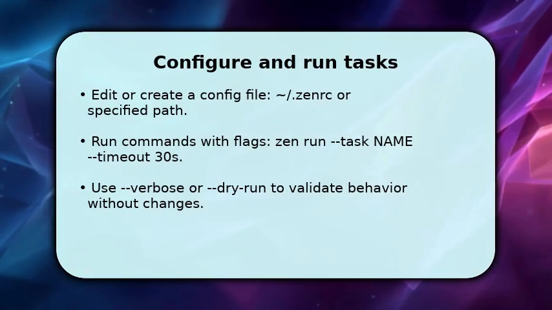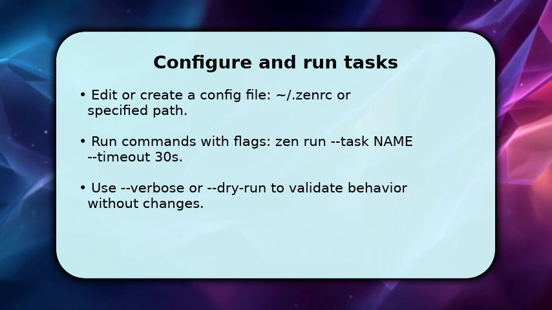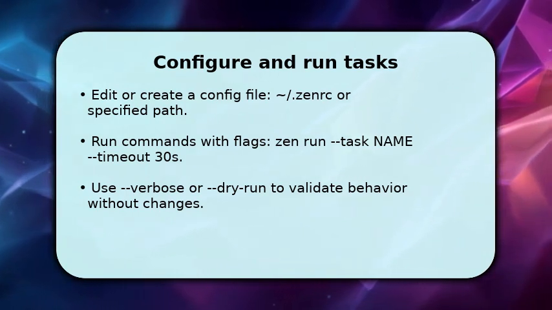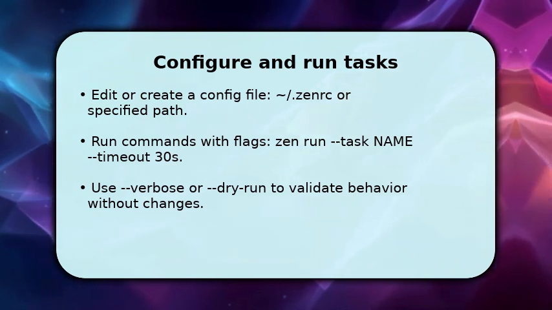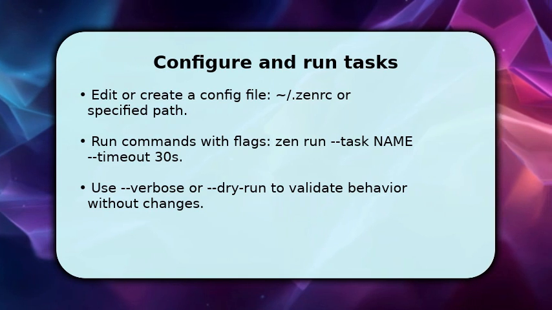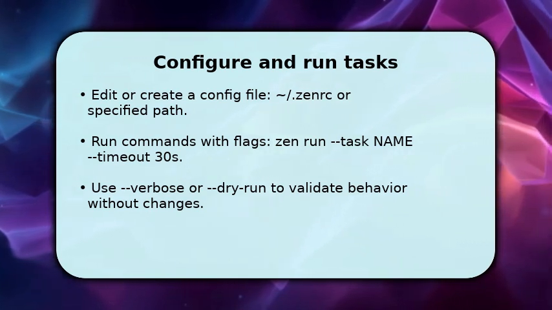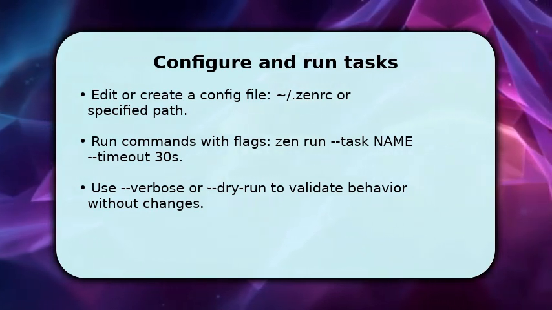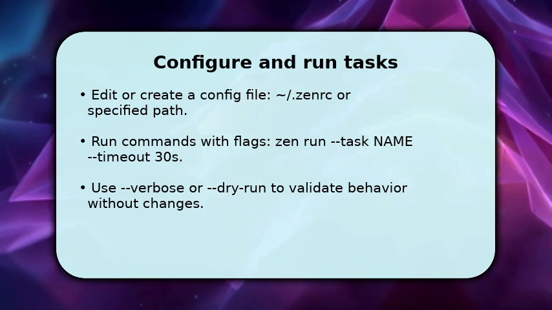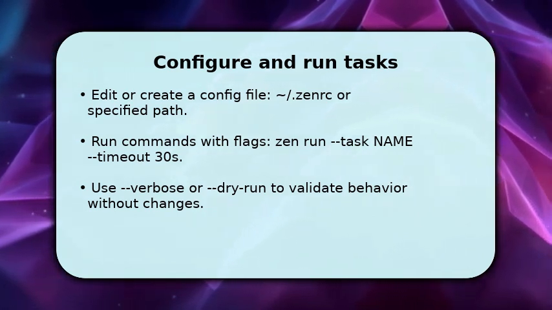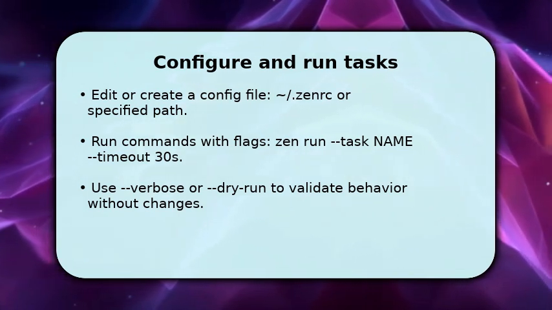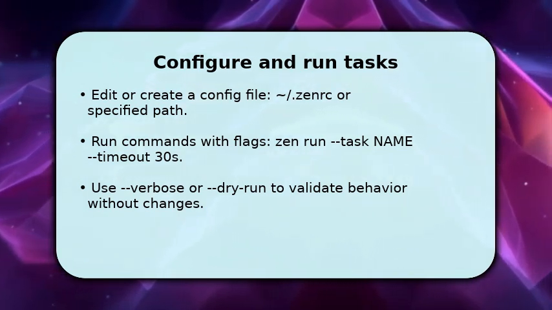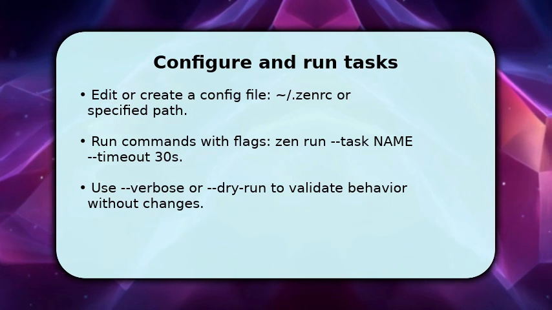Next, configure Zen for your session. Create or edit ~/.zenrc and set the essential keys you observed from help. Then run your intended task using zen run <task-name> and append flags such as --timeout 30s to prevent long hangs. Once done, make sure to preview actions with --dry-run or add --verbose so you see detailed output and logs. These middle steps let you validate behavior, tweak config values, and iterate quickly until the command performs exactly as